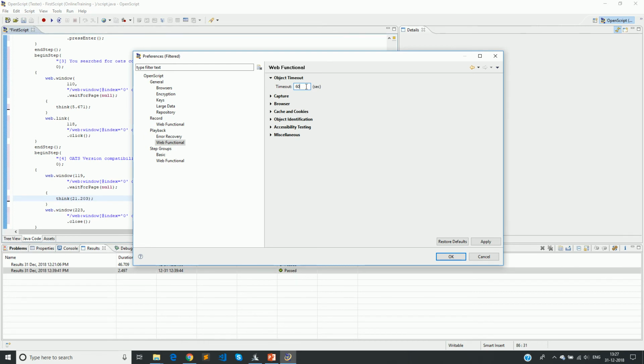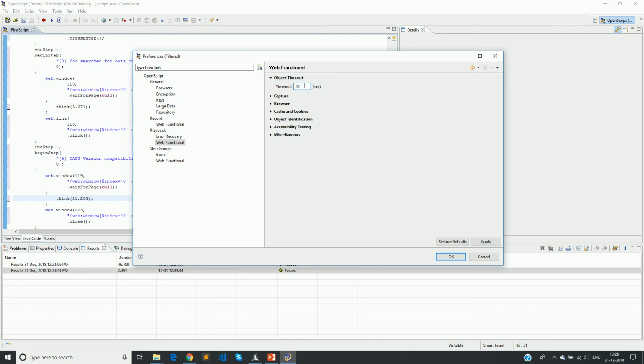So OpenScript can wait for a maximum of 60 seconds, and if the object is still not in a proper state, it will fail the script. But if the object is in an accessible state before 60 seconds, it will perform the operation and go to the next step.